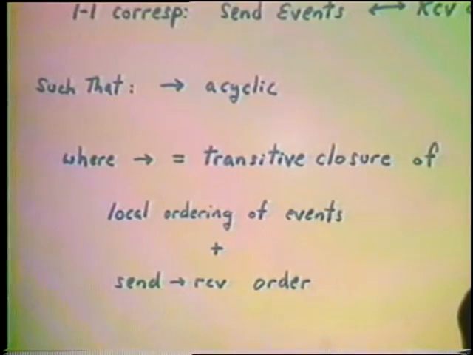What are those temporal precedence relations? They include the ones that occur within an individual process. In an individual process, we have an ordering of events: we know that this event happened before this event, which happened before this event. The only other temporal ordering we know is that a send event has to have occurred before the corresponding receive. You have to send a message before you can receive it. So we take those two sets of orderings, we take the transitive closure, and if that precedence relation doesn't have any cycles, then this is a valid set of local histories.